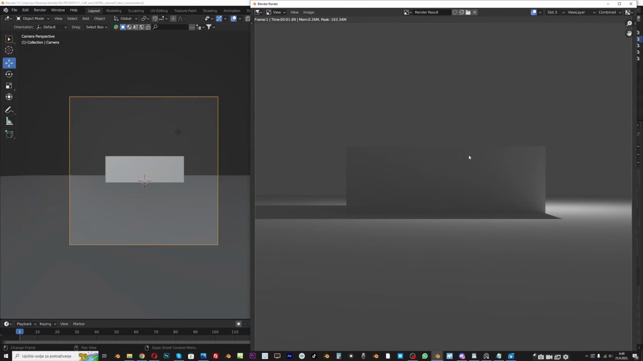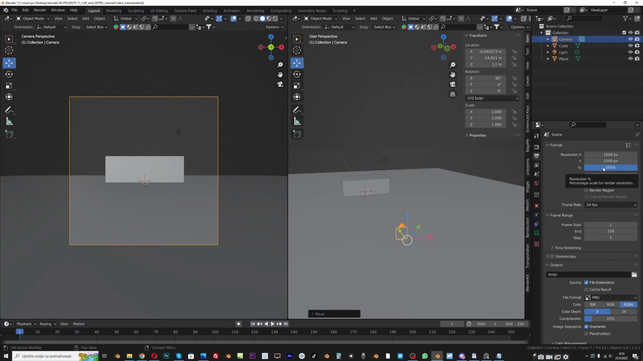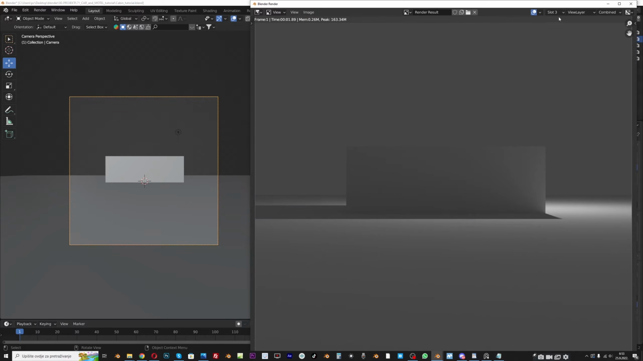So this depends on your system. If you have GPU, always go with GPU and always go with OptiX denoiser. Low samples value when you make test renders, and later when you are done and happy with your result, you can increase this for final render. And also resolution is important for render speed. So if we bring this to 200, this value will be double, 3000 by 3000, and if we make another render,